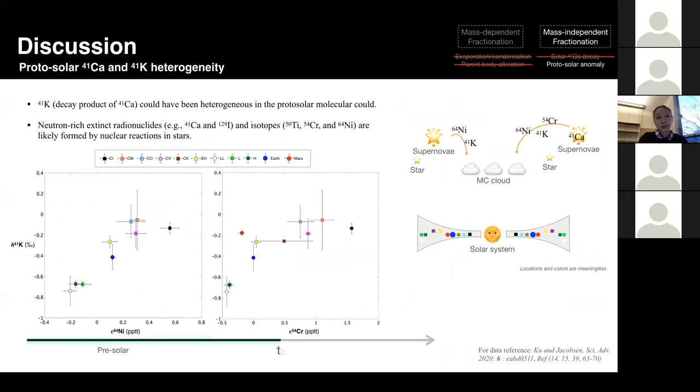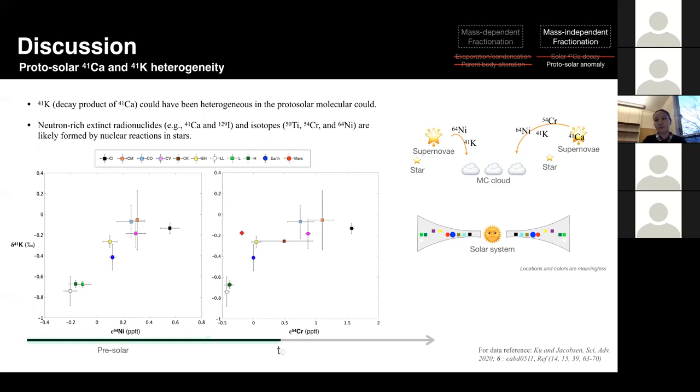Calcium-41 can form through neutron capture and be processed in the stellar environment, and then could be ejected from a massive star or by the final explosion of a supernova. After a lot of math from the last slide, I'm just going to use the cute emoji on your right-hand side to explain the idea. When a massive star explodes as a supernova, the neutron-rich isotopes are often ejected into the molecular